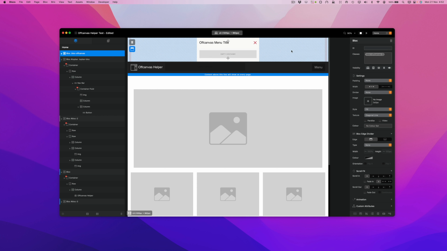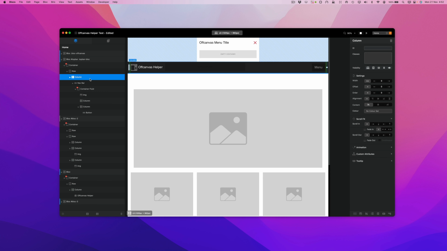So a couple of things we're going to do before we get started. We're going to increase the column width. Not that the column width has any effect on the width of the menu itself when it's being used in preview, but purely just for design purposes. So we are going to get the column here,